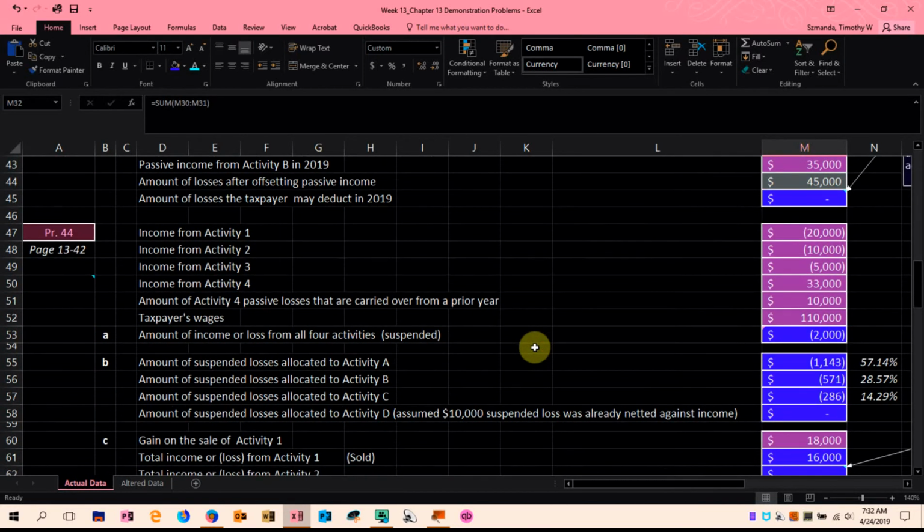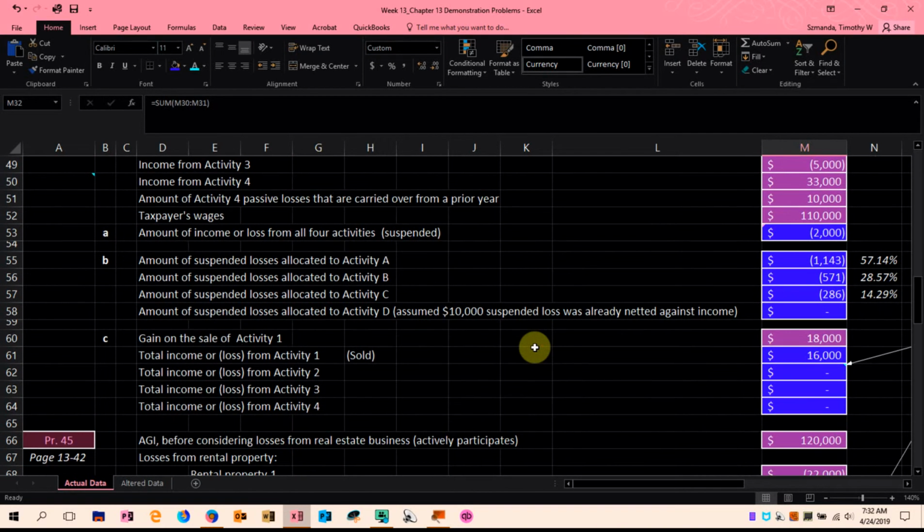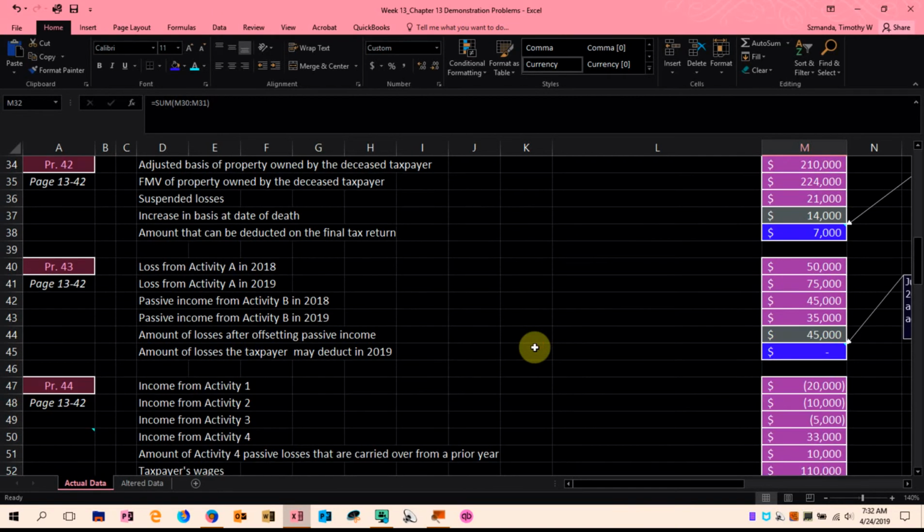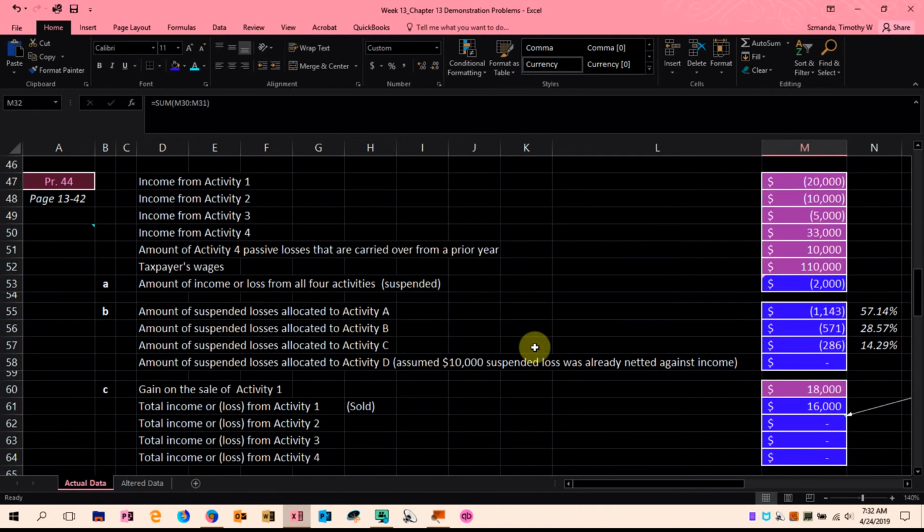Next one we'll look at is number 44. Just wanted to mention for number 44, this is a case where we have to allocate losses between activities. And so for number 44, Robert had the following income and losses from passive activities, and it lists activity 1 had a